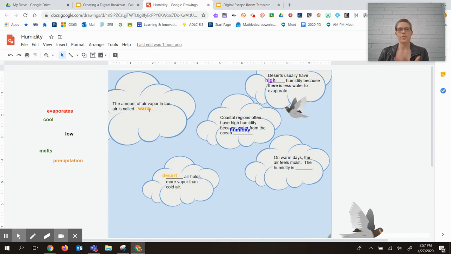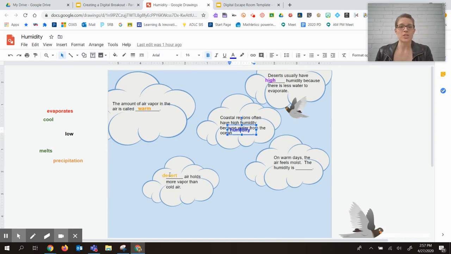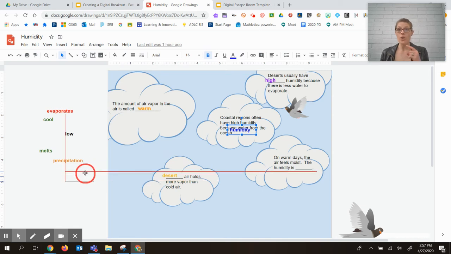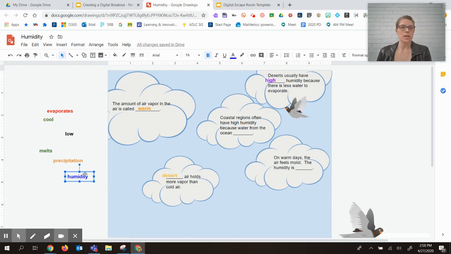So for example, this is a simple Google Drawing that I created just for vocabulary, where here's a definition and here are the terms. Now, you'll notice that the terms are in different colors, and my guess is that you are thinking, oh, this is probably a color lock, and you're probably right. The kids would have to match the appropriate term to the definition that's given in each of the clouds. But then the challenge is kind of like,